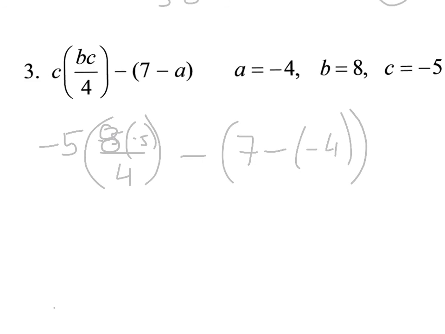the parentheses. Okay, so first we do what's inside of parentheses. So I got negative 5, okay, 8 times negative 5 is negative 40, and negative 40